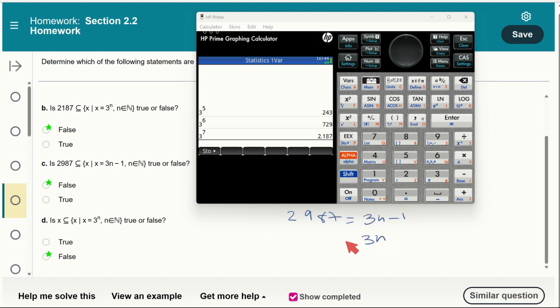So 3n equals 2988. So we're going to divide 2988 by 3 and see if that's a natural number. And it would be. So again, the problem can be rectified by simply saying,